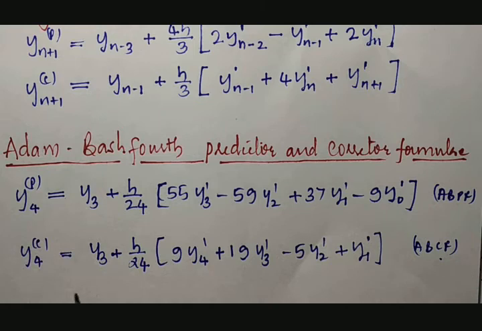It is correct. Similarly, the correction to y4 is equal to y3 plus h by 24 into 9 times y4 dash plus 19 times y3 dash minus 5 times y2 dash plus y1 dash. 9 plus 19, 28. 28 minus 5, 23. 23 plus 1, 24. 24 divided by 24 gets cancelled. Then y3 plus h, y4. So these are the formulas to obtain a numerical solution for initial